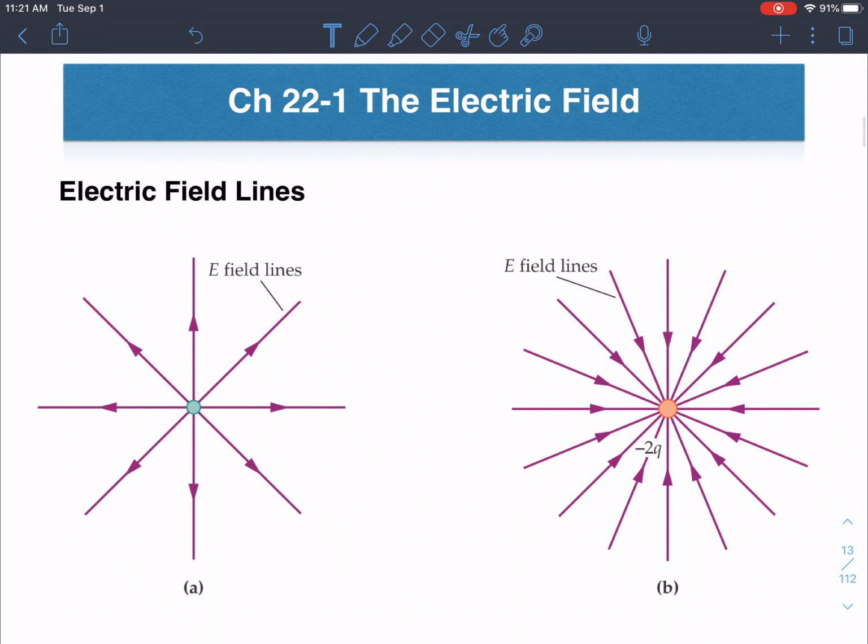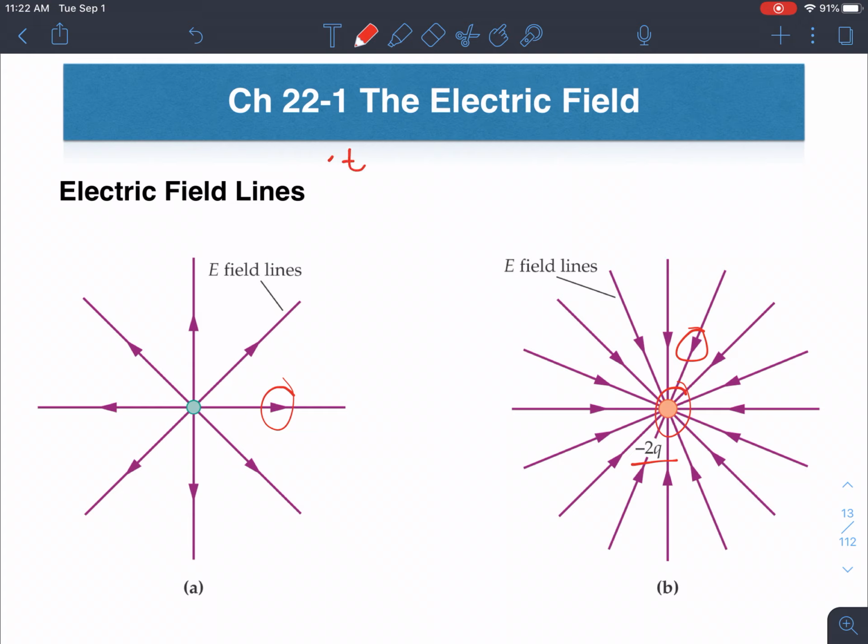Now we're going to look into the electric field lines. There are two cases we can compare, and in one of them you can see that the direction is outward. In the middle, the center one is our charge, and those lines and arrows are the electric field lines. Here we have negative 2q, it's given, and the direction of the electric field is inward. There are a couple of things that we understand from this. First of all, the electric field,